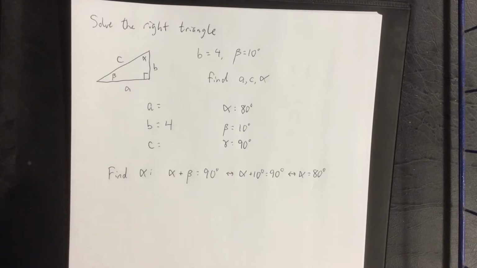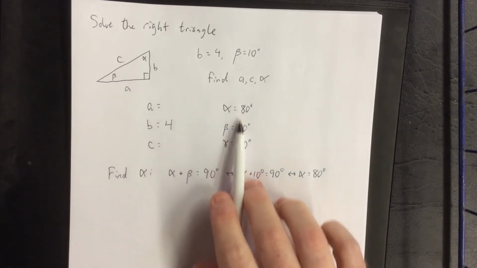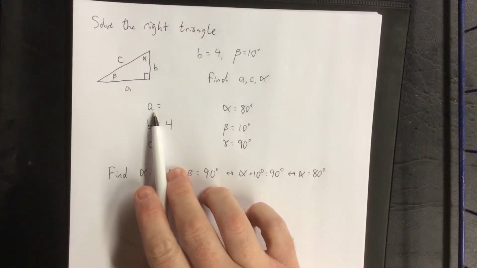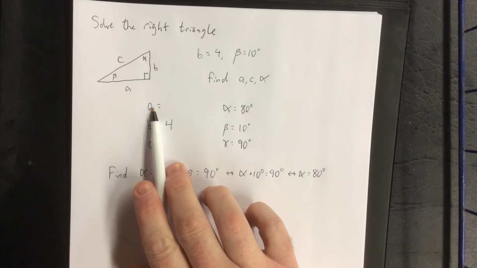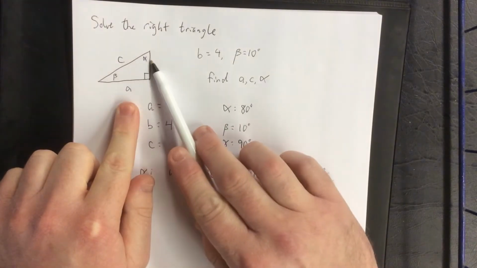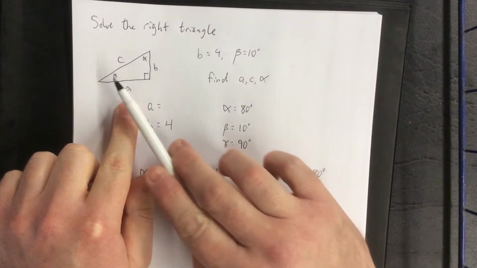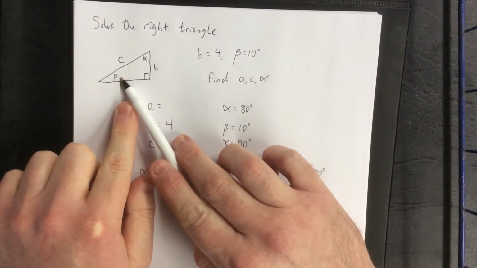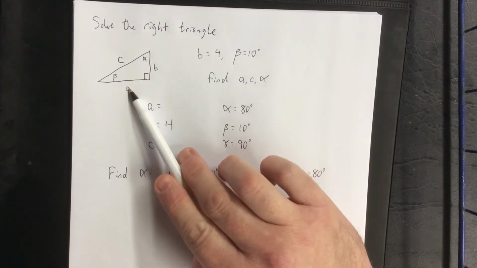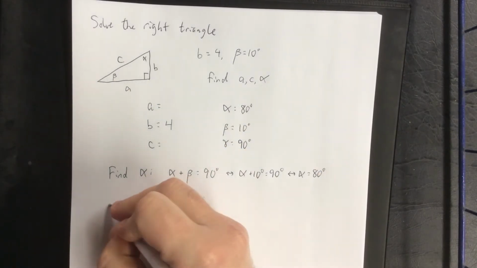Now at this point, I want to start getting other sides. Now if I have a side and I know an angle, I can use a trigonometric ratio to get another side. For example, if I wanted to find A, then I would need to relate A and B with either alpha or beta. For lack of a better idea, I'm going to go with beta on this one. Now, from the perspective of beta, B would be the opposite side and A would be the adjacent side. So I'm going to find A